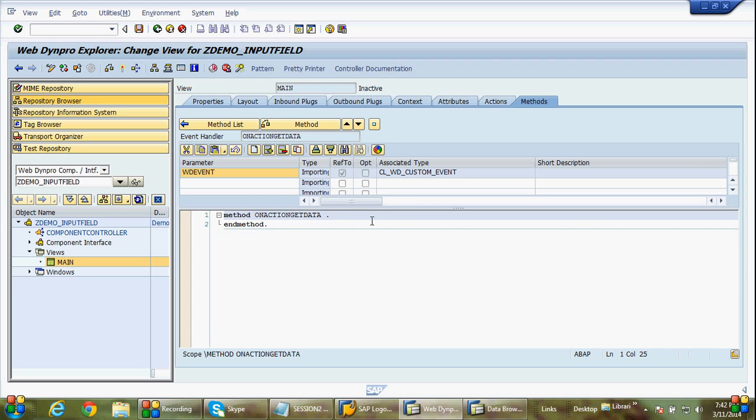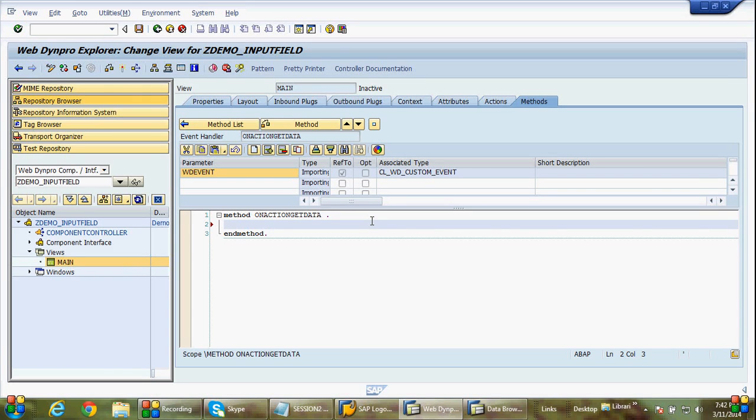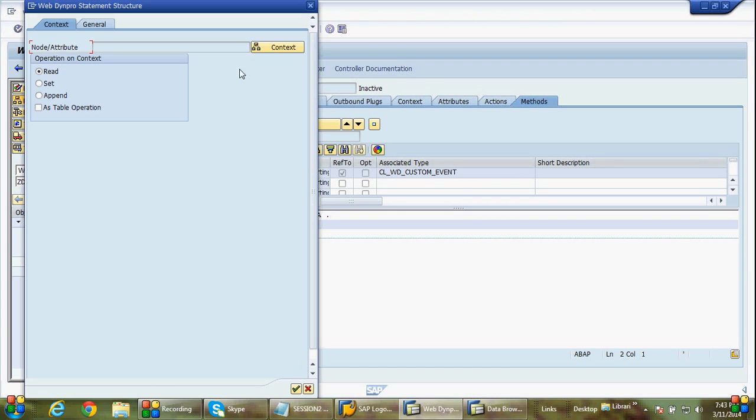Now what my requirement is, first I need to read the material number value. So how to read? See friends, in Webdynpro everything is simple, most of the code is auto generated only. Just see here, the Webdynpro code wizard is there, that will automatically create the code. Click on this,